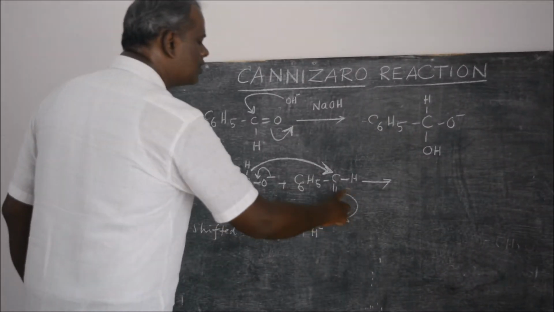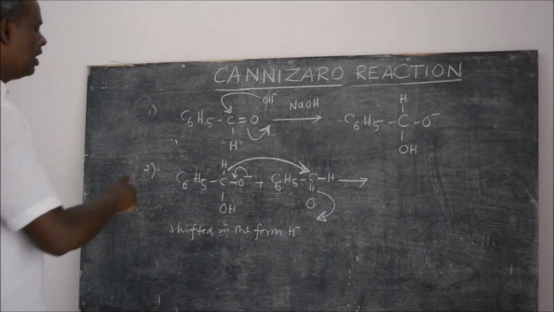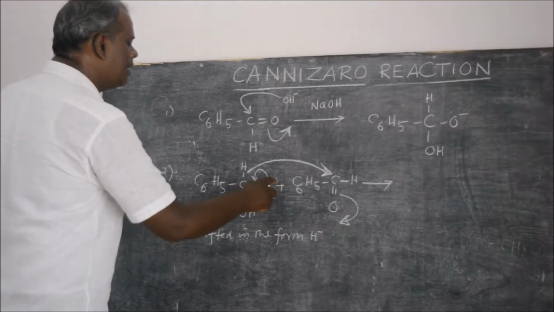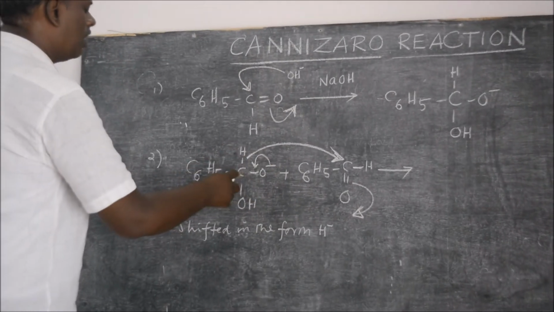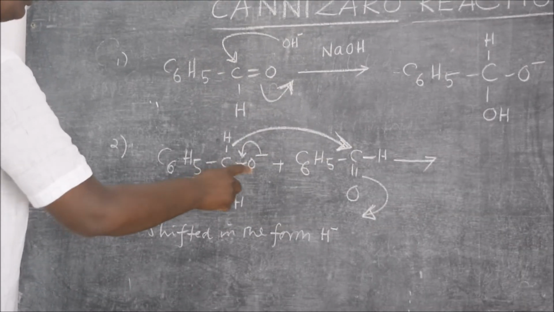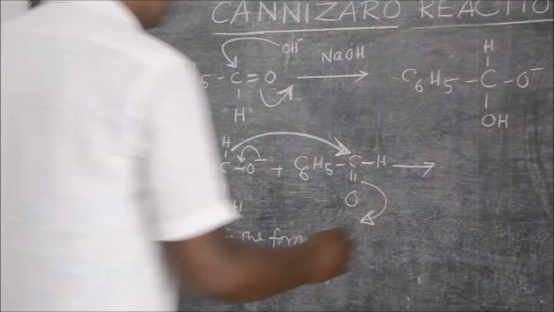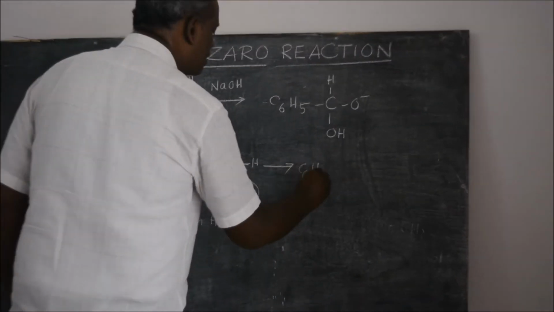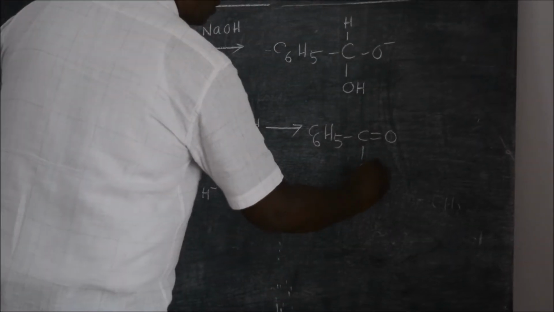Subsequently, this bond is getting broken and oxygen carries minus. Similarly, the electron pair on the oxygen is moving towards the carbon, initiating a new bond between carbon and oxygen. Execute all these changes and find your product C6H5C double bond O, OH,